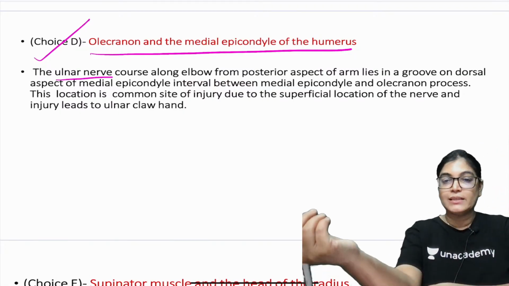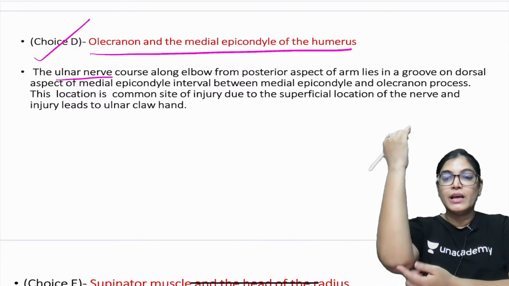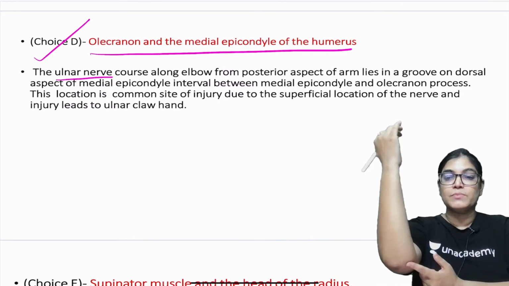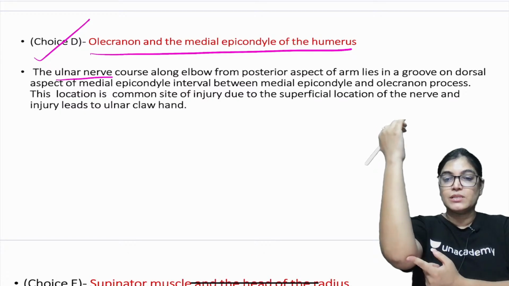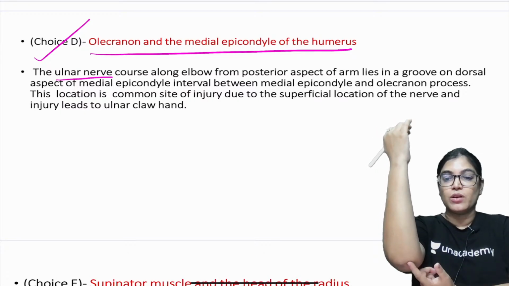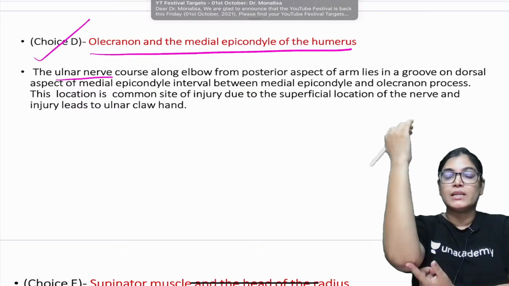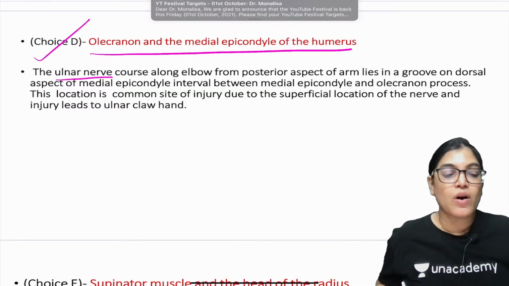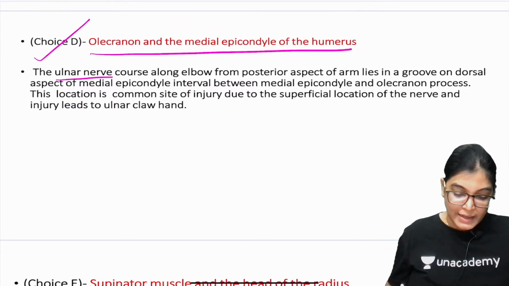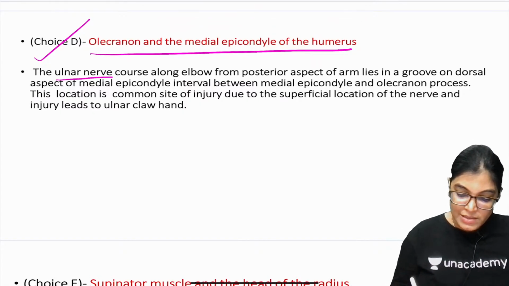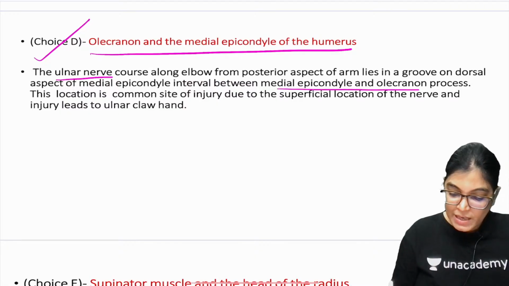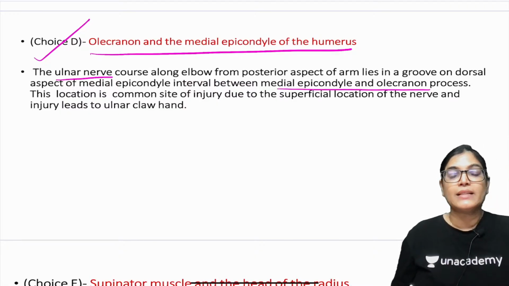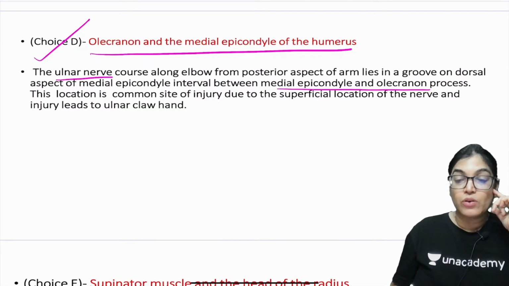We can feel it behind the medial epicondyle here. This is the olecranon process and this is the medial epicondyle. So which nerve is traversing here? The ulnar nerve. Okay, this is for the traversing of the ulnar nerve. So that is again not the right answer. It is traversing between the medial epicondyle and olecranon process, and this is a common location of injury